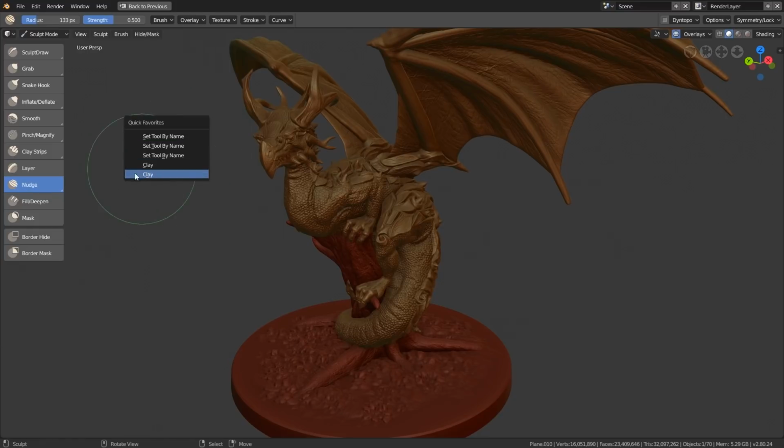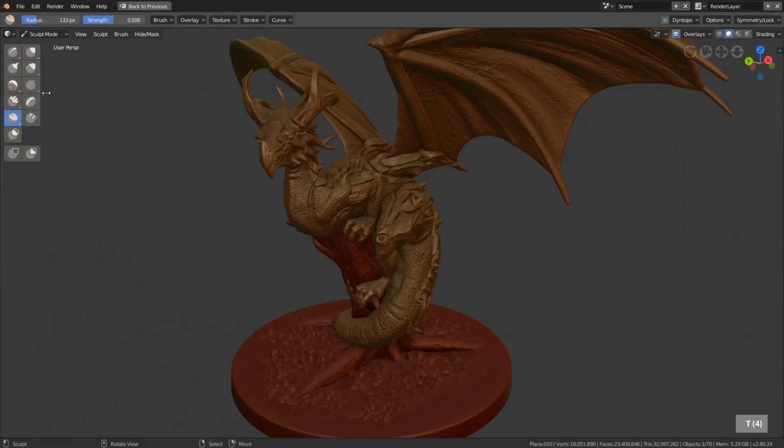Somehow the icons are not working at the moment, but for me it worked before, and sometimes it just creates this set tool by name, whatever. But you can see down here we have this clay. But also I didn't find a way right now to save the quick favorites after closing and reopening Blender. But I'm pretty sure they will add this option later on. So you can also press T to disable this completely if you like,